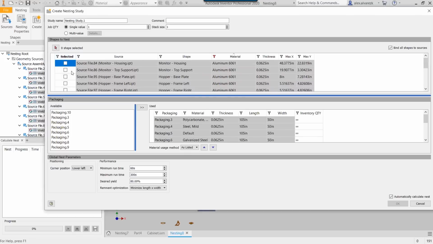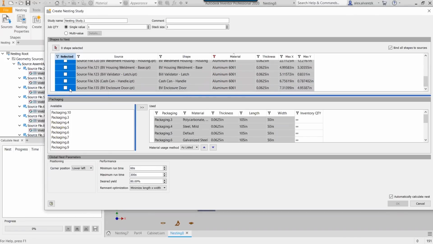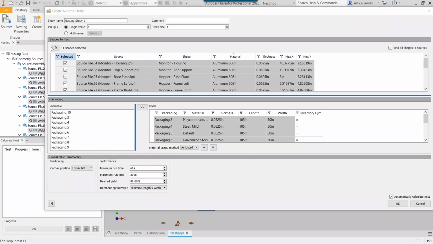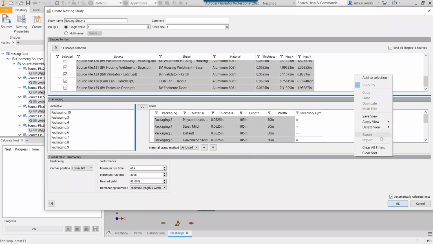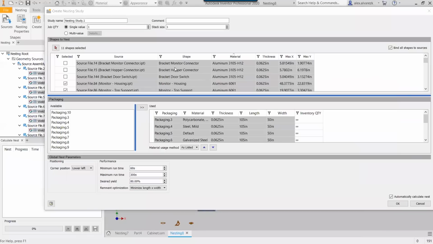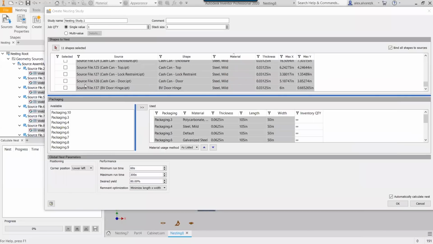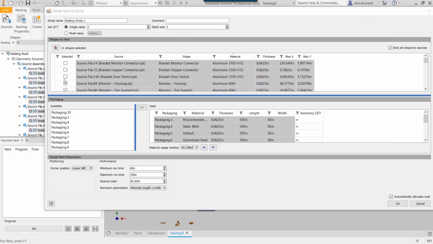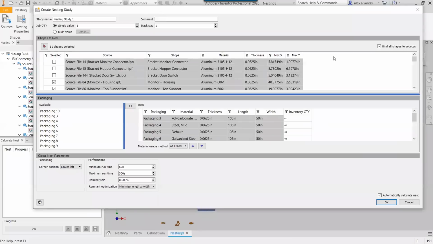So what we can say is, okay, let's go ahead and select all the ones that are filtered out. Right, so now we have 11 shapes selected, but if we clear all the filters, we see that all the other parts are still in there, right? They're just not selected in this case. And so from here, we already have our parts selected. We know which ones we're going to select. So let's go ahead and click